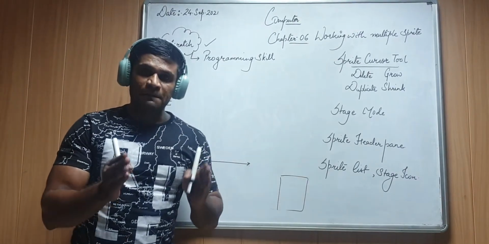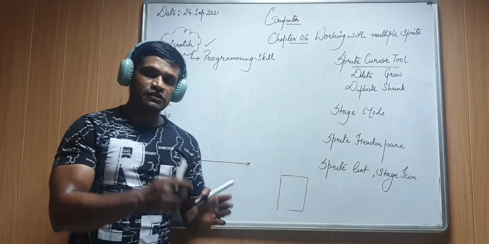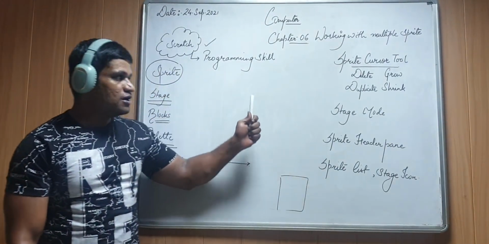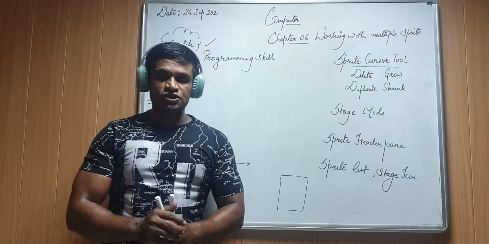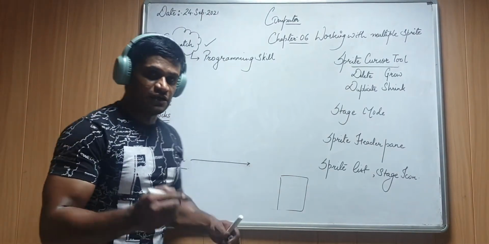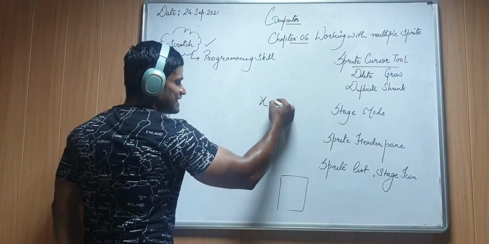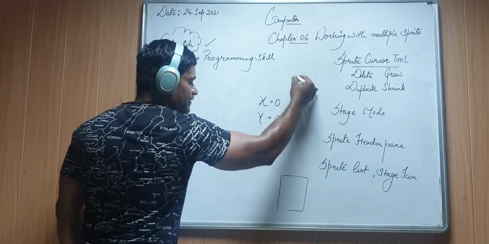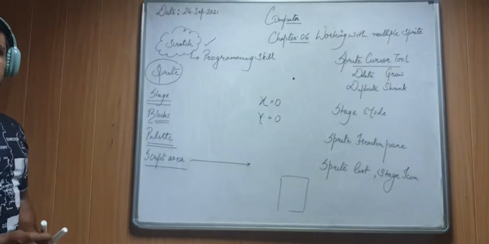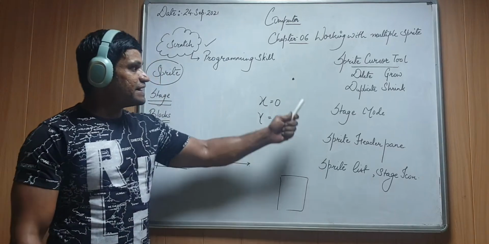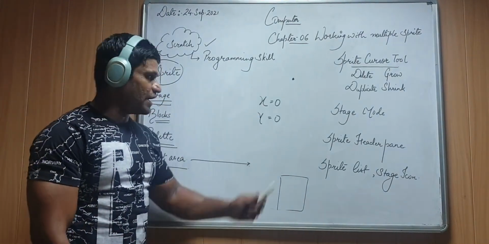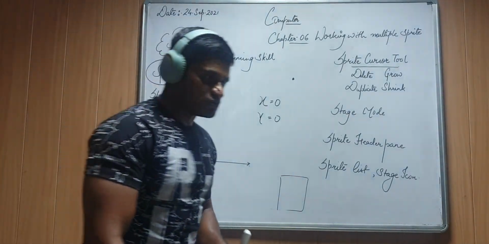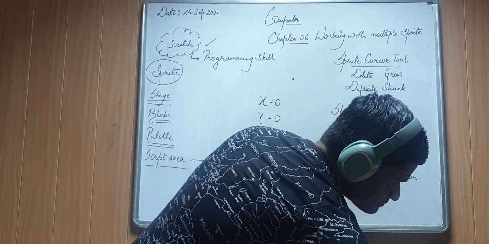So these are the 4 buttons which are available on the sprite header pane, which tells you complete detail regarding the sprite, the name of the sprite, type of the sprite, and what is the position of the sprite on the stage. The normal position, by default, whenever you start the Scratch program, is x equals 0, y equals 0, means your sprite is available at the middle position of the stage. When your sprite is present in the middle of the stage, its positional value is denoted by x equals 0 and y equals 0.